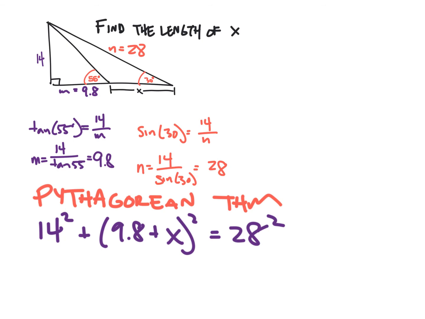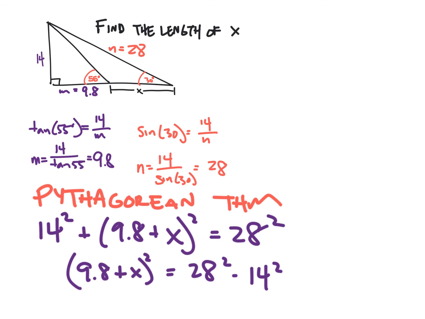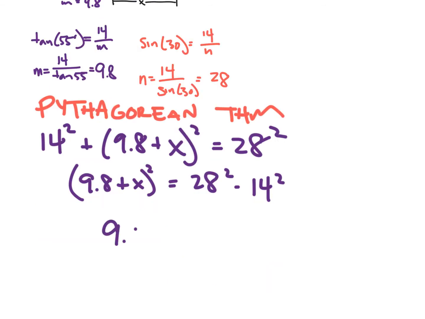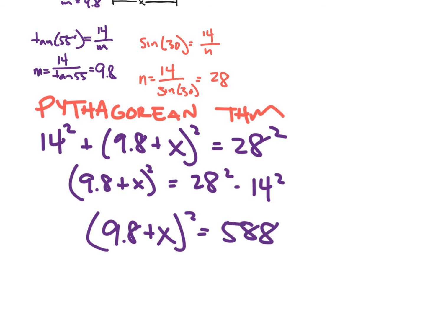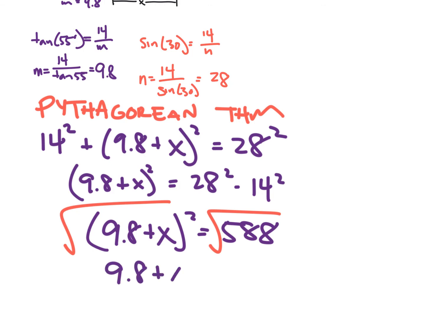So I start by getting (9.8 plus x) squared by itself by subtracting the 14 squared, and I get that (9.8 plus x) squared is equal to 588. Take the square root of both sides, and we can reject the negative because this is a triangle. 9.8 plus x is equal to the square root of 588, which is about